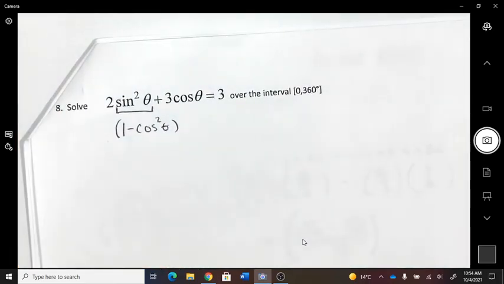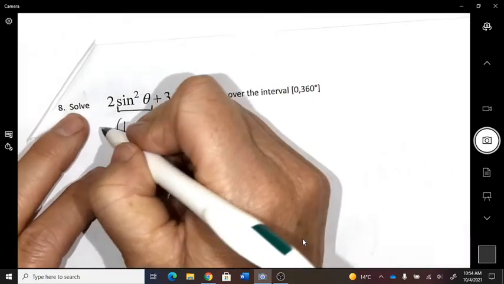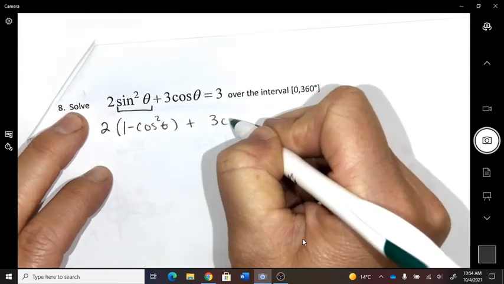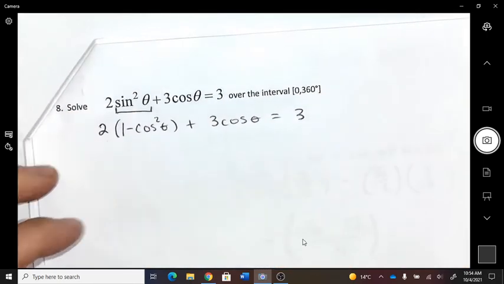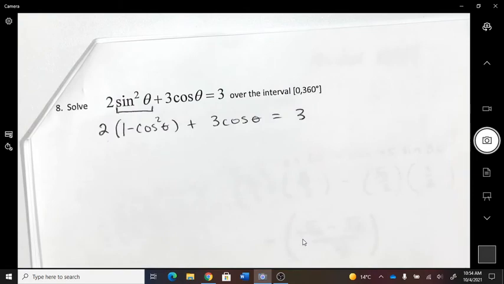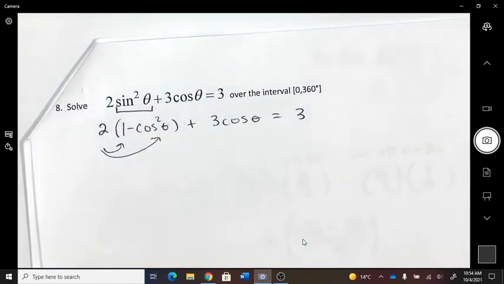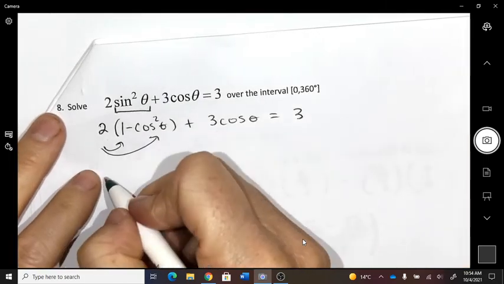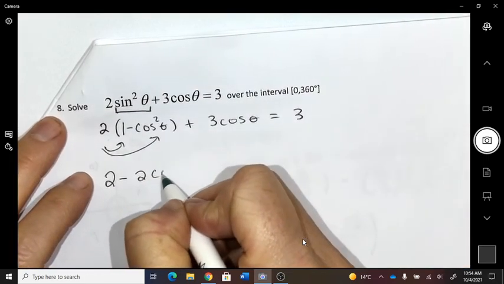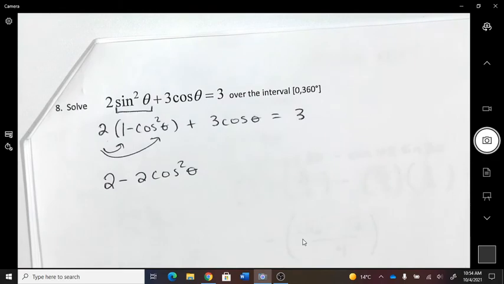Make a replacement from what you're seeing. Okay. Replacement. Now distribute some stuff. Be careful, make sure that 2 goes through everything. That would be a little bit of a mistake I often see, just forgetting that 2. On the second part of that distribute,